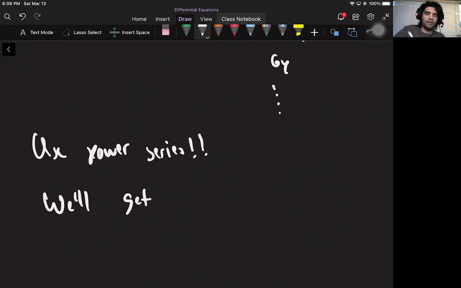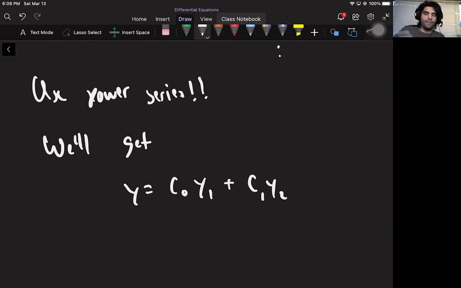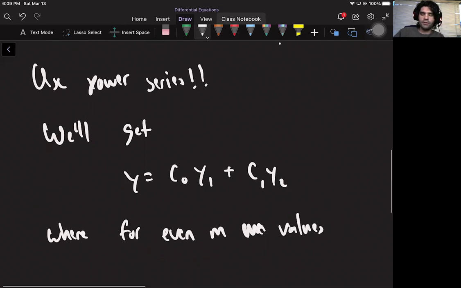We'll get something like C0 times one function plus C1 times some other function, some other series, where for even m values, so like if I plugged in 2, 4, 6, 8, and so on,